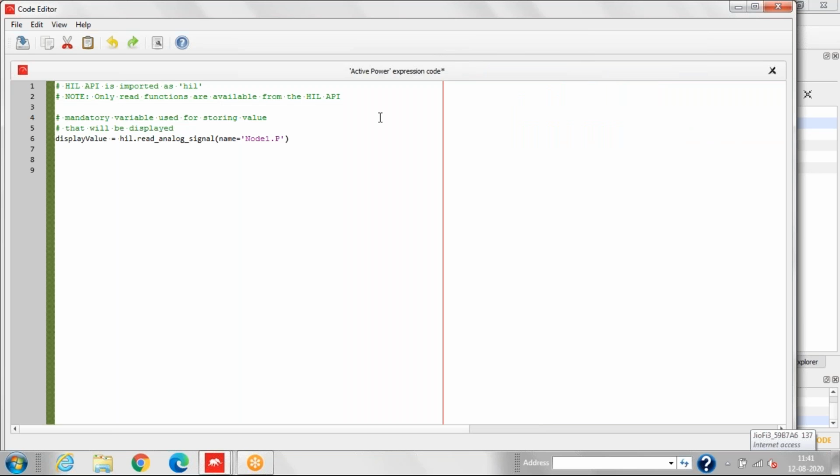Now here you can see that we have the node 1 power. Now we want to measure this power in kilowatt, so we'll divide by 1000.